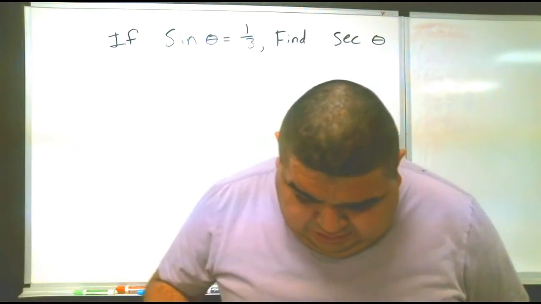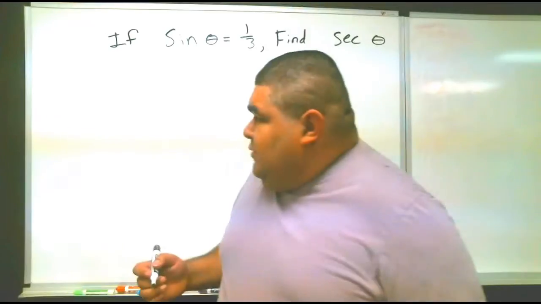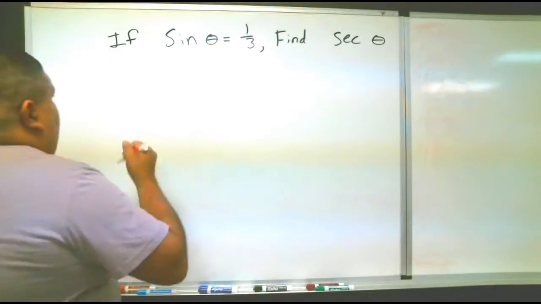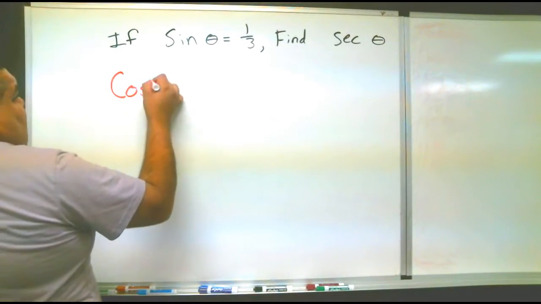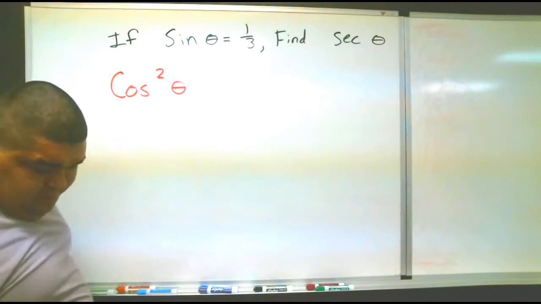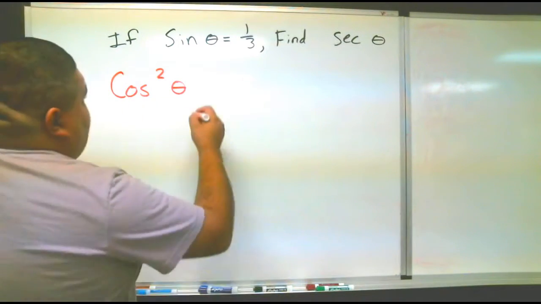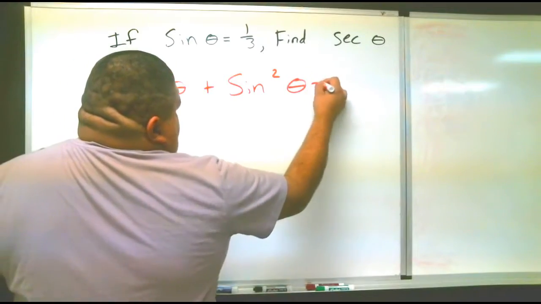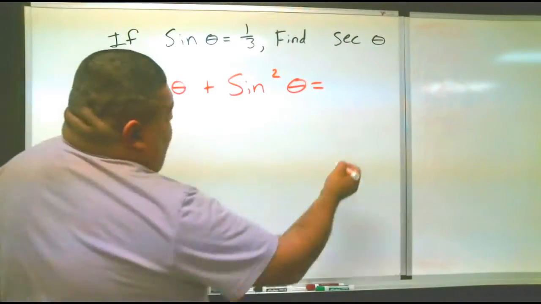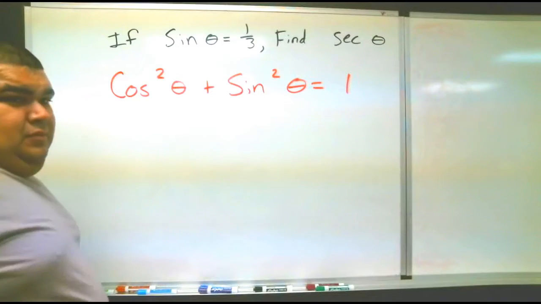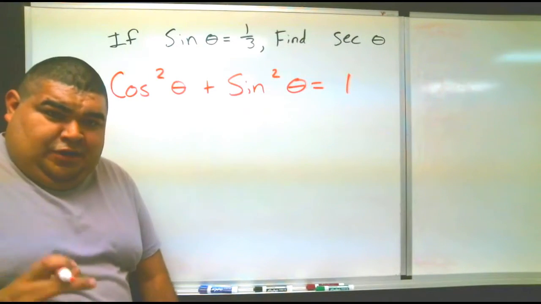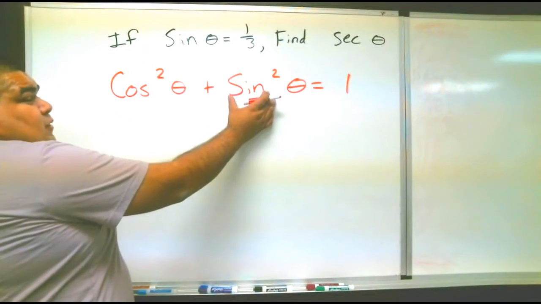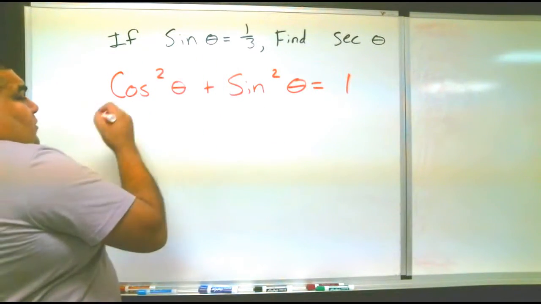There's one that says cosine squared theta plus sine squared theta equals 1. That's the theorem I'm going to use. The reason why is because we have sine in the equation. We know what sine is. We can rewrite it as cosine